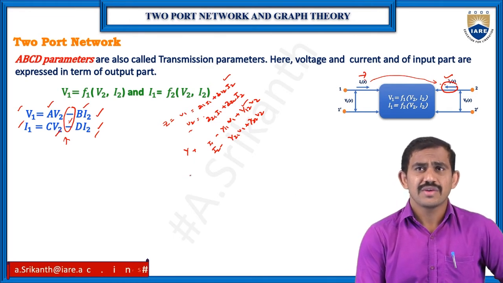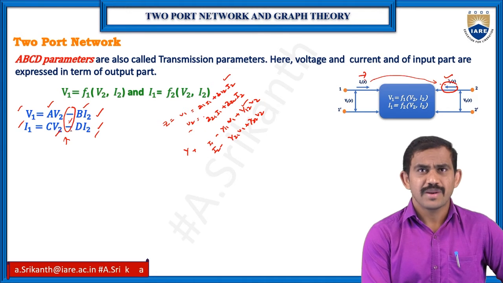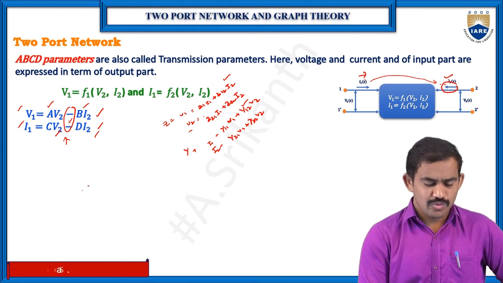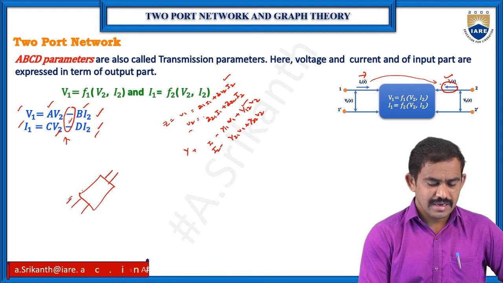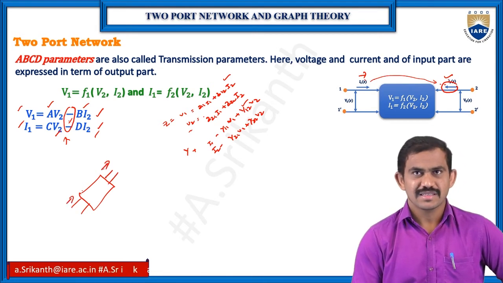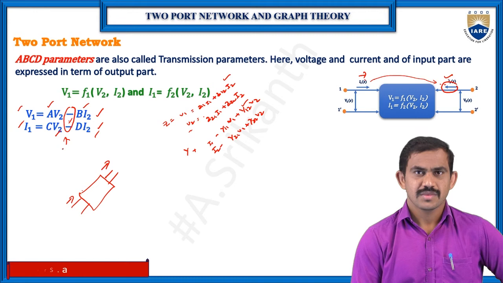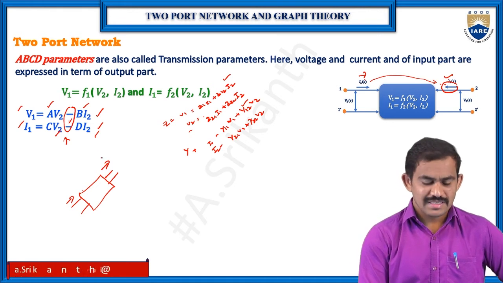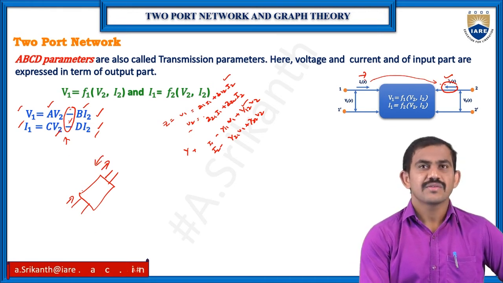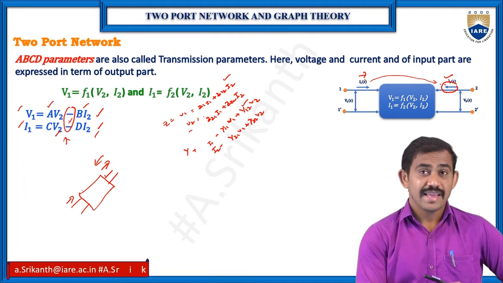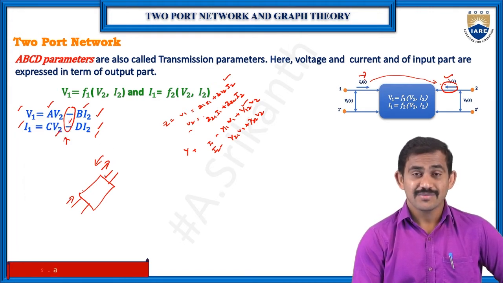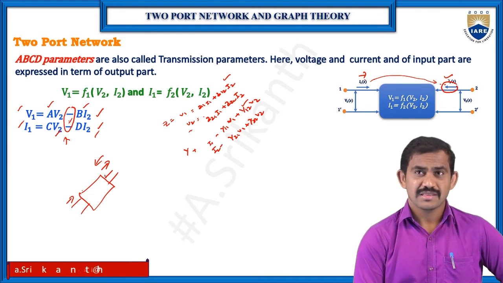If you take the plus values, it means the primary current and secondary current are in the same direction in the two-port network. If your direction is reversed, then automatically your values are minus. That's it. But your A, B, C, D values are the same whether you have the plus or the minus. Clear, guys?